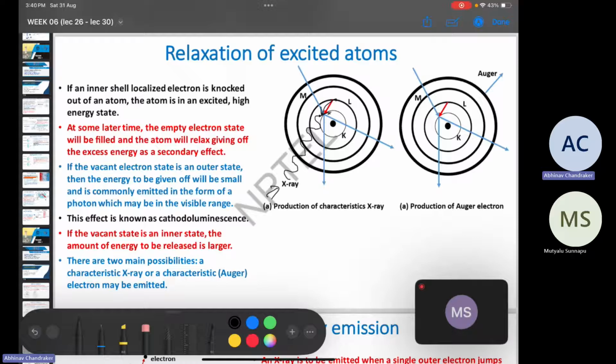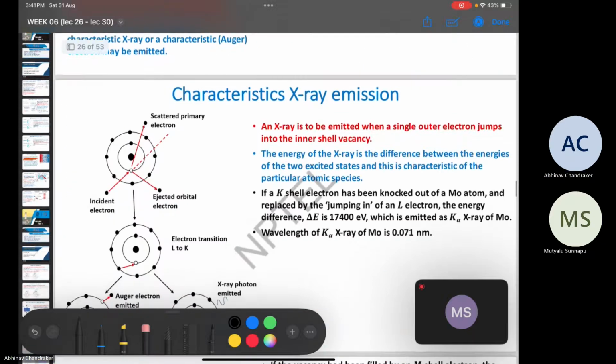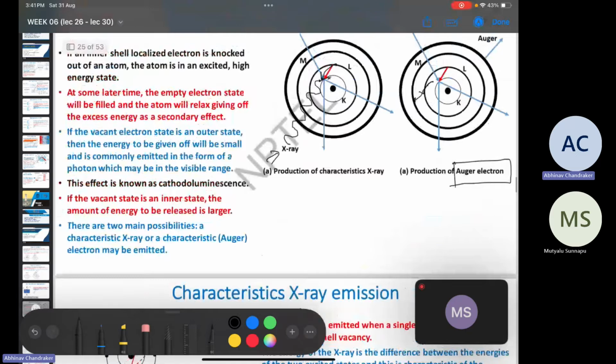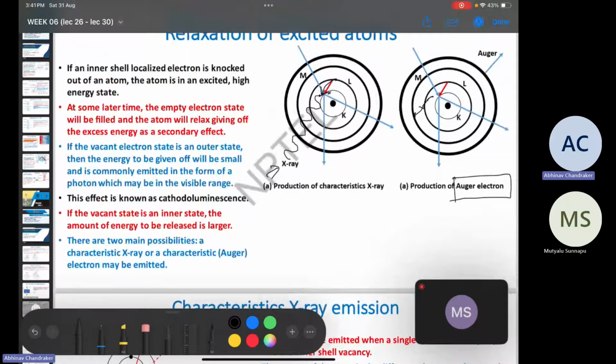But along with this, there is also a possibility, which will be explained later, but I'll just briefly tell now, that the energy generated due to this transition in the form of an X-ray can excite another electron in the same atom, and that electron can leave the atom with some amount of energy. And if that happens, we call it an OJ electron. But emission of an OJ electron is much